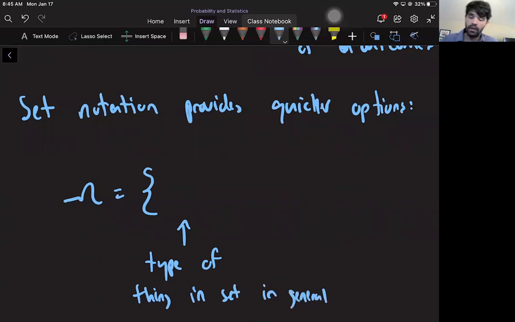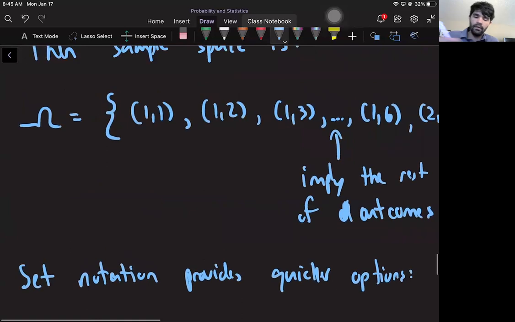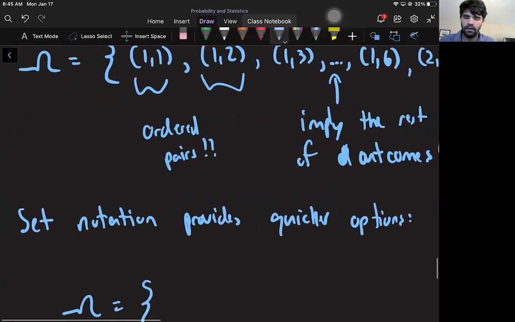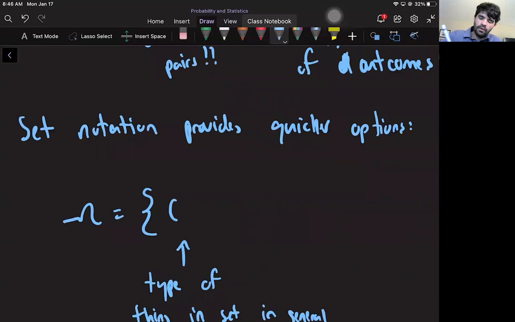You could say, well, what kinds of things are in this set? They are all ordered pairs. So I'll say the things in here are ordered pairs, and I'll just put variables in place,